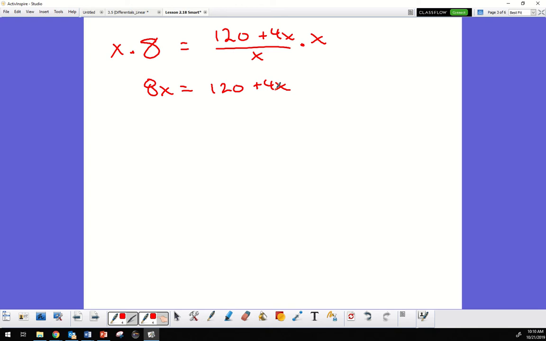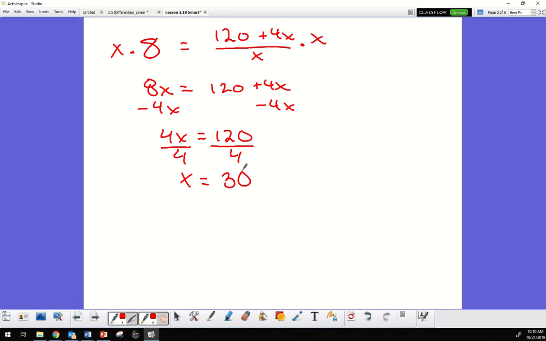Now I want to get all my x's on the left-hand side. So what should I do from here? Subtract 4x, right? So I'm going to subtract 4x from both sides. So 4x is equal to 120. So again, I'm trying to get the x by itself. So to get the x by itself, what would I do now? Divide both sides by 4. Very good. So I'm dividing both sides by 4. So x is